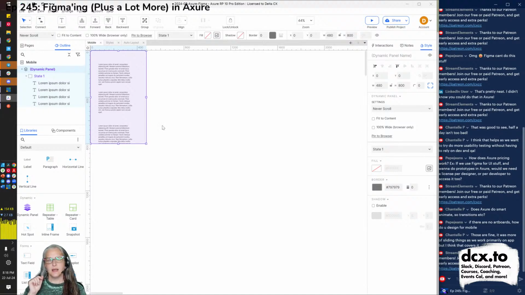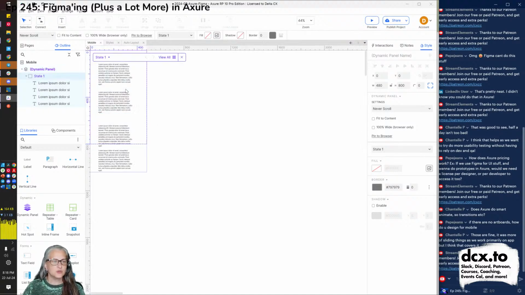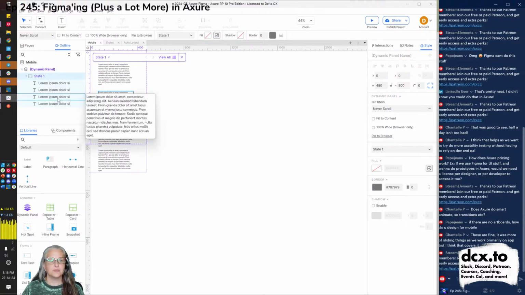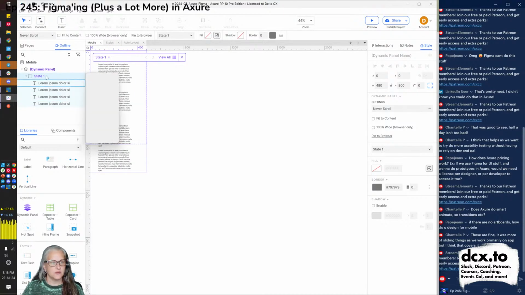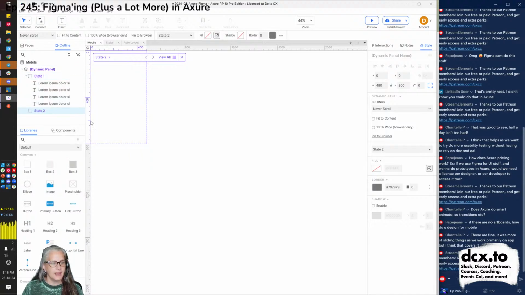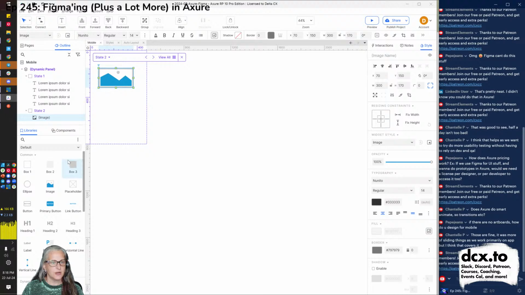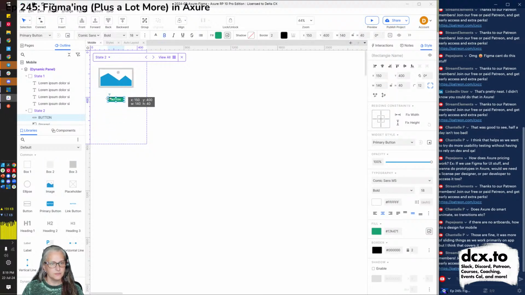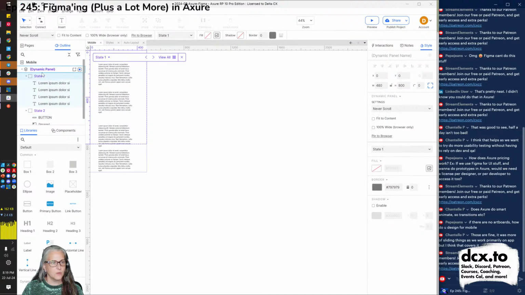But the idea is that you could build a whole bunch of screens that take place inside of this viewport. Maybe state 2 has a giant image and a button, and state 1 has a button on it.